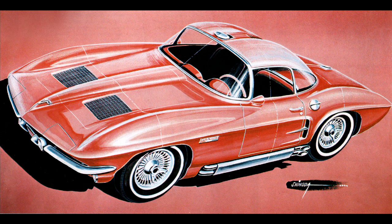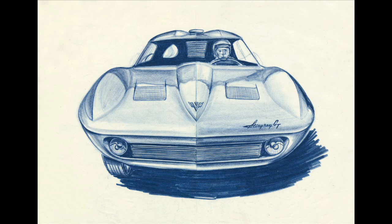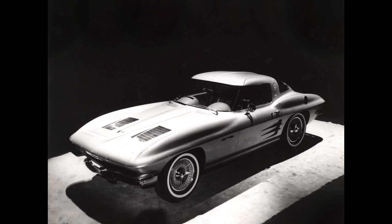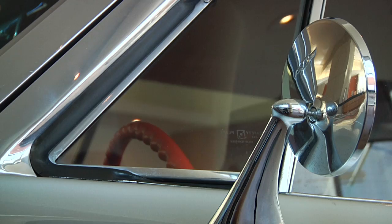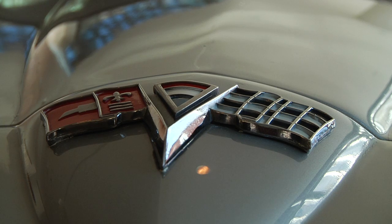The Sting Ray has just become an iconic car known around the world. This was the first year of a coupe version, so the coupe became probably the most iconic of the Corvettes because of just the structure, the shape, the more aero looking, and the split window, which is only in the 1963 version. I don't think that the cars of today have that kind of design characteristic that is so instantly